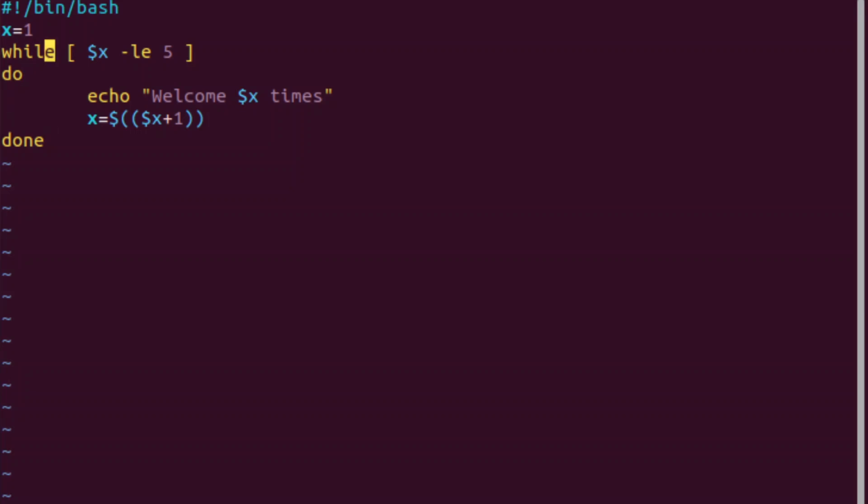Okay. So it's going to run through this loop the first time. So while 1 is less than 5, do this. Well, 1 is less than 5, so it's going to do this. It's going to add 1 to it. Then it's going to do while 2 is less than 5, do this. And it's going to go through that all the way until 6. And it's going to say while 6 is less than this, do this. Well, 6 is not less than 5, so it's not going to do this. It's going to finish the loop. And that's what we should see here.